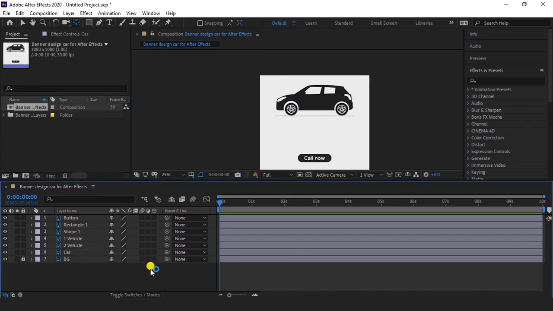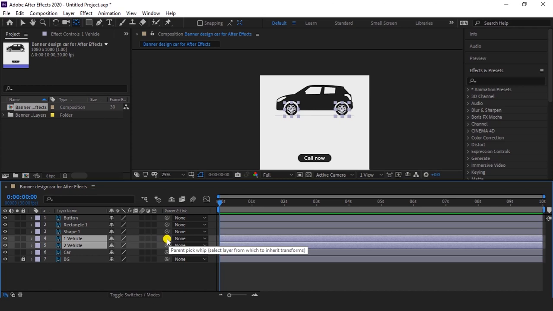So now we have to parent our vehicles to our car body. So now select both vehicle layers and click on this icon and drag on your car layer.